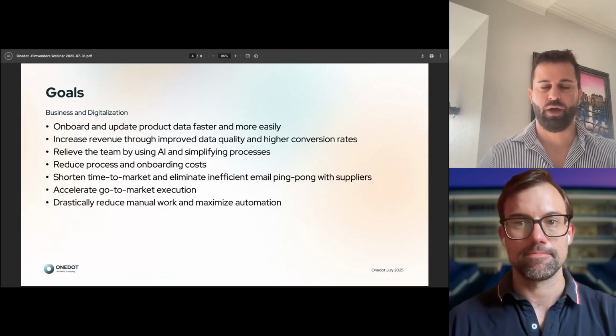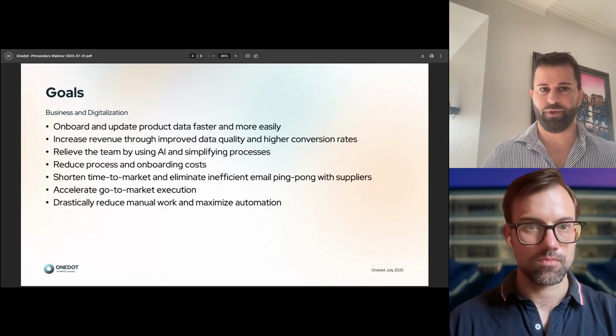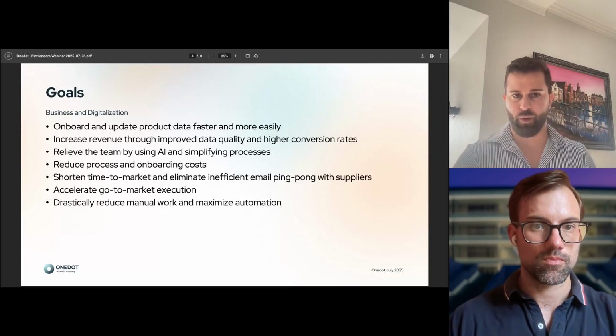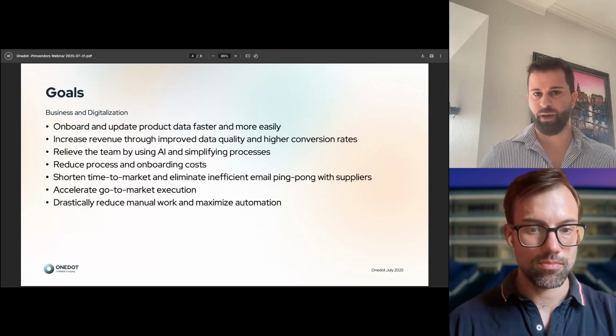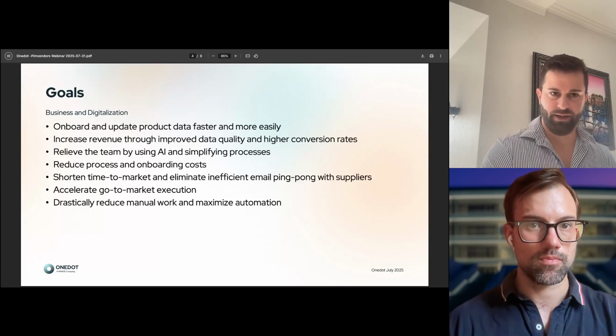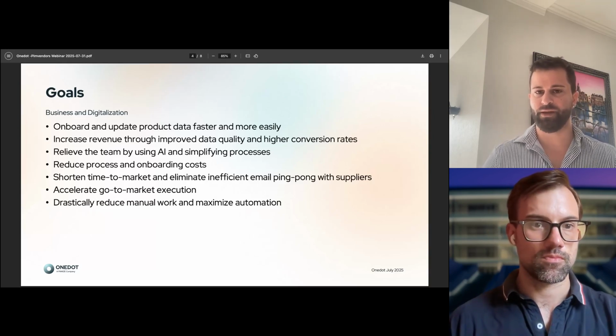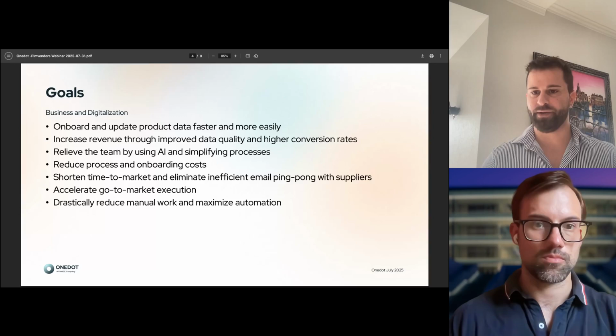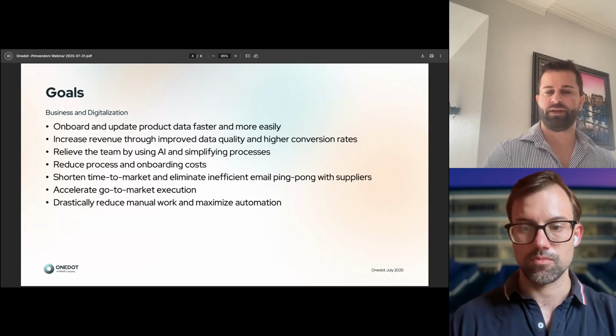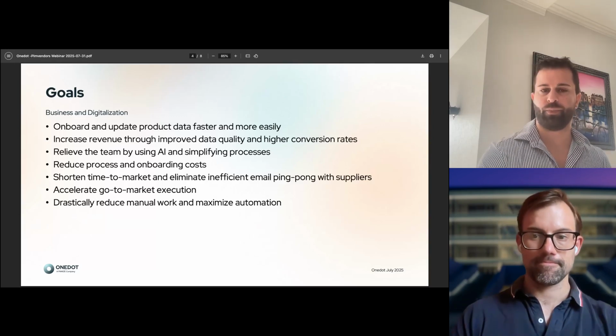Now let's have a closer look at the goals. Of course, they are looking for a solution that onboards and updates product data in the same way, faster and more easily, increases revenue through improved data quality and higher conversion rates, right? Relieve the team by using AI and simplifying the process.